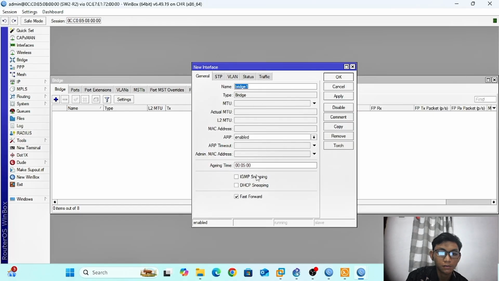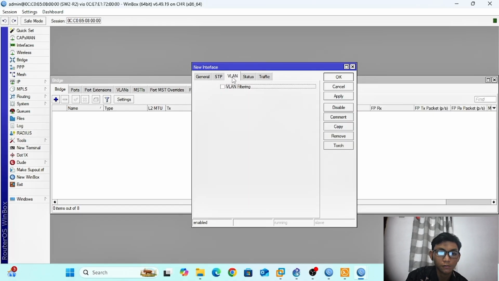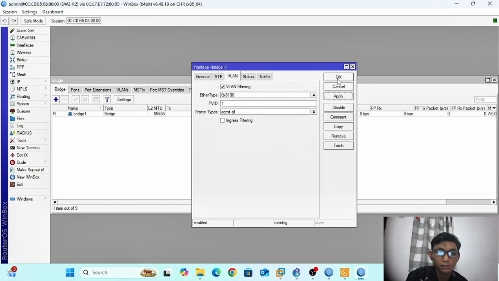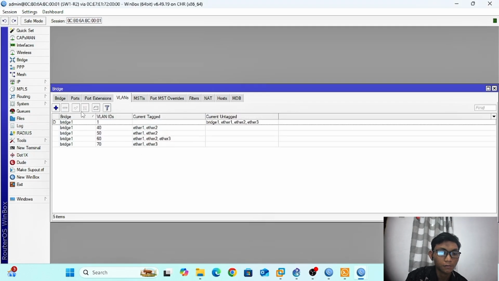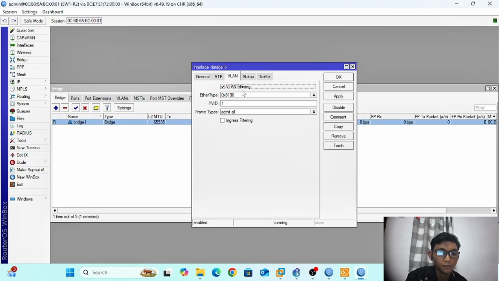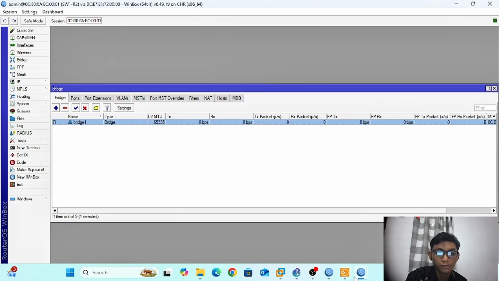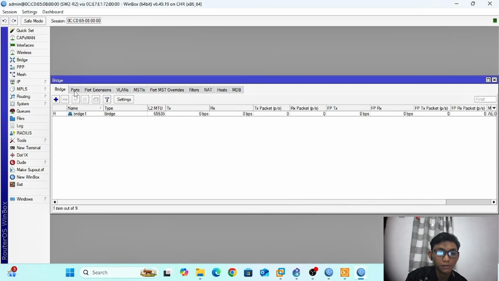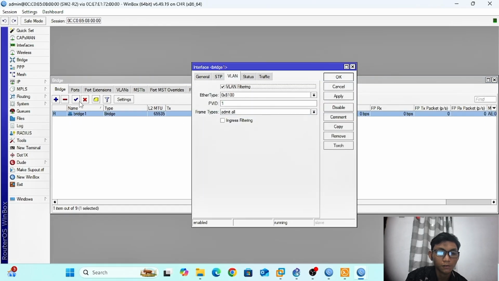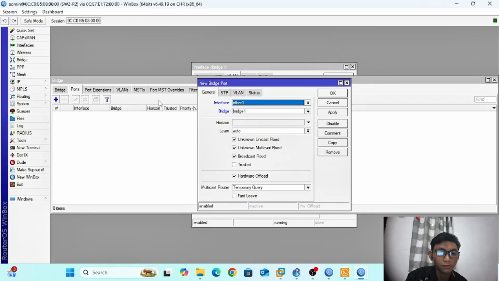First, VLAN checklist. Okay, finish. We go to port.